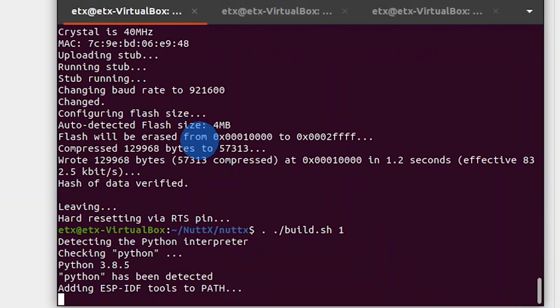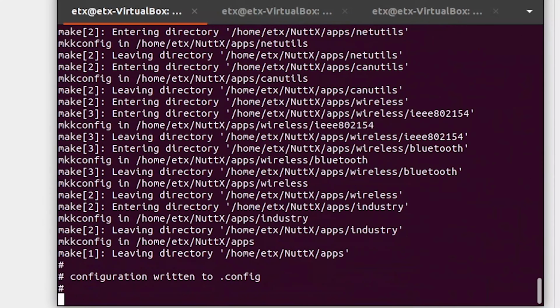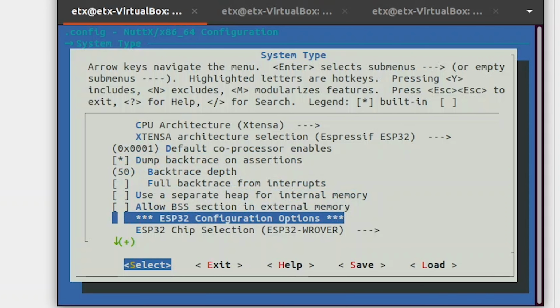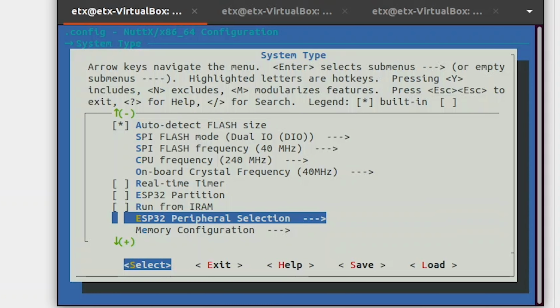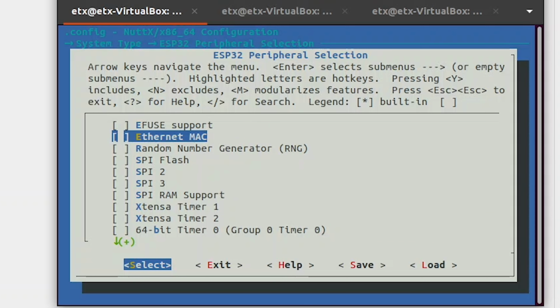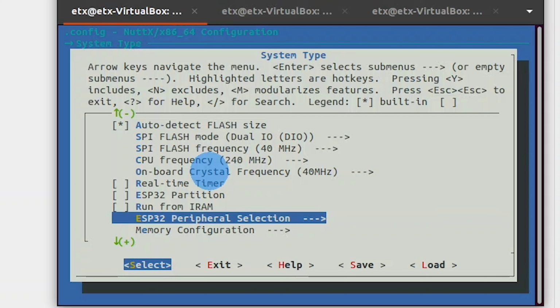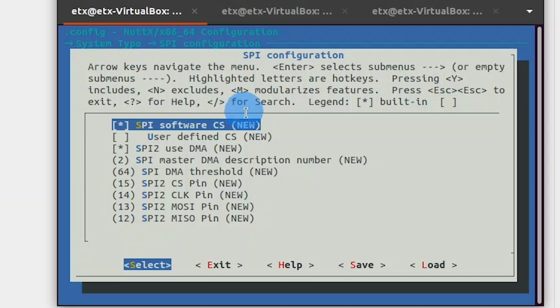Let's build the code. In menuconfig, first we will enable the SPI2 of the ESP32. You can change the MOSI and clock pins if you want and connect them properly to the OLED display.